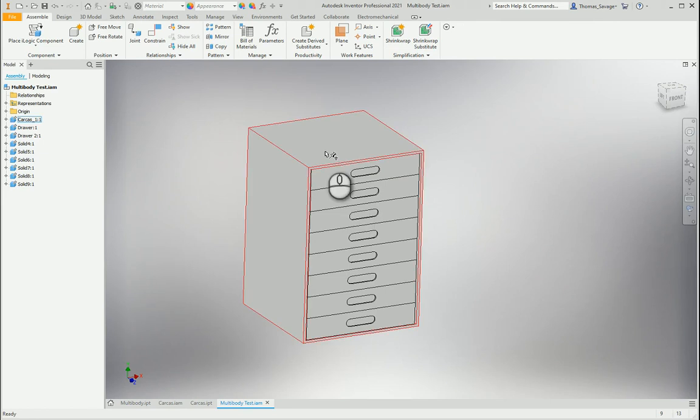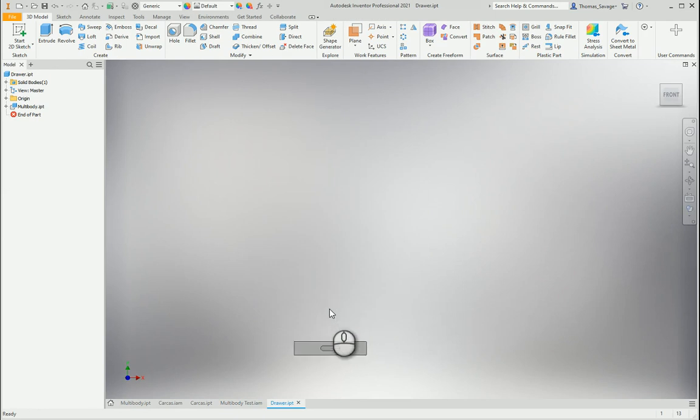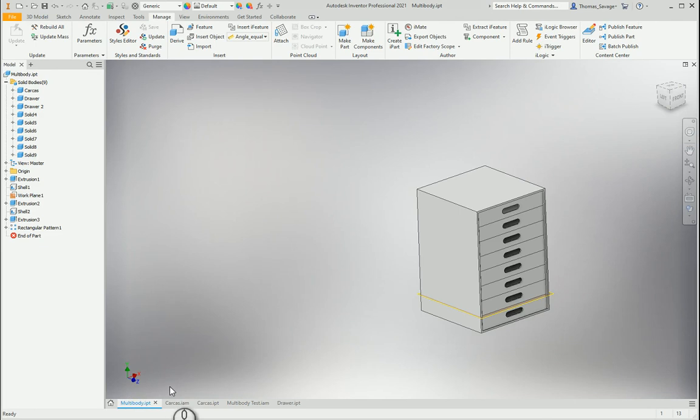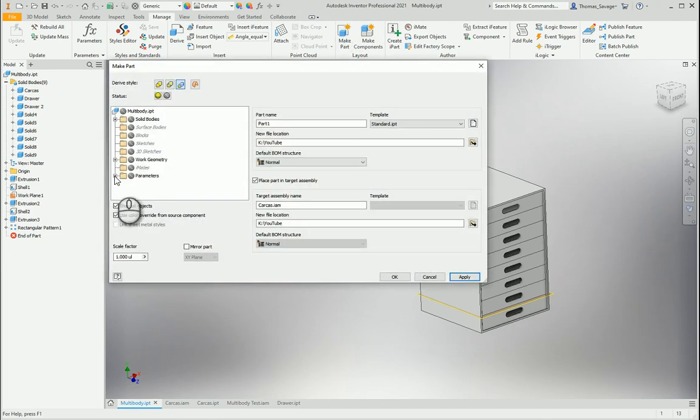So as the same, we can select a drawer, open, we have the individual drawer here. The same as make part, it won't bring through the features that you created it with. You have to go back again. One other thing actually, in the make part you can also go to parameters and select the parameters as I did